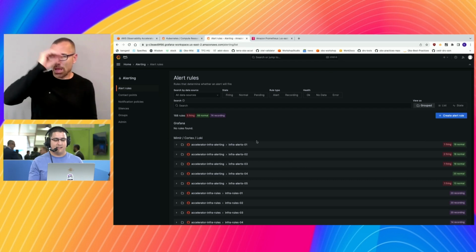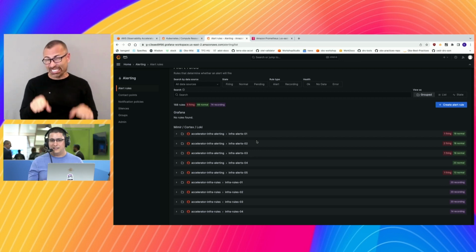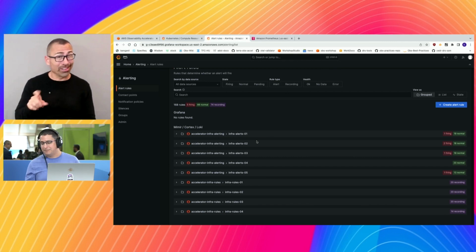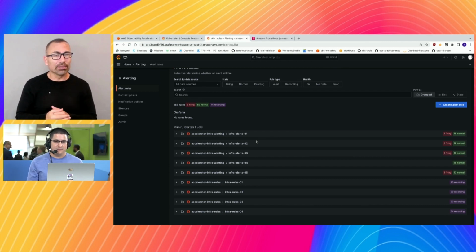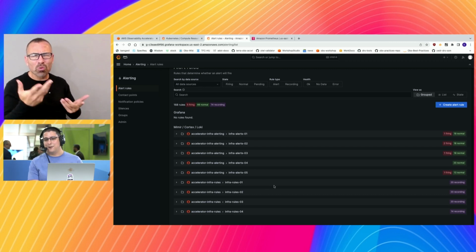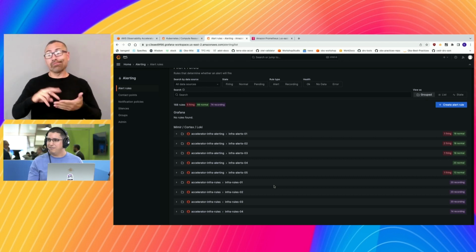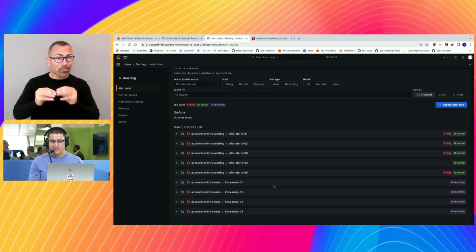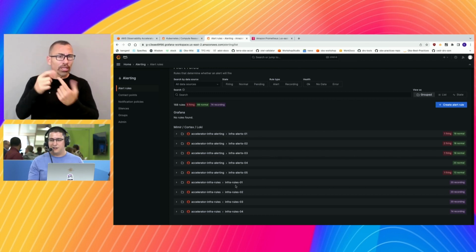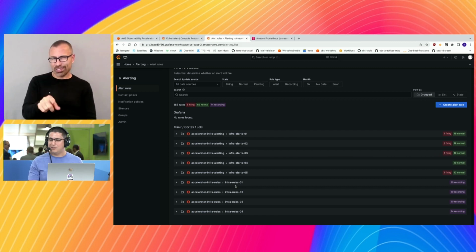In my opinion, the really hard part, and what we give you, is setting up alarms or alerts. It can be really difficult to know where you need to set your alerts. What is actually a problem? What are we looking at here? So I see 5 firing, 89 normal. That's probably good. But what does recording mean? A recording rule is where you take maybe 2 or 3 metrics and aggregate them to create something new and unique. I have some of those rules running, and then I have alerts running, which are self-explanatory. It means something bad is happening. Go look at it.